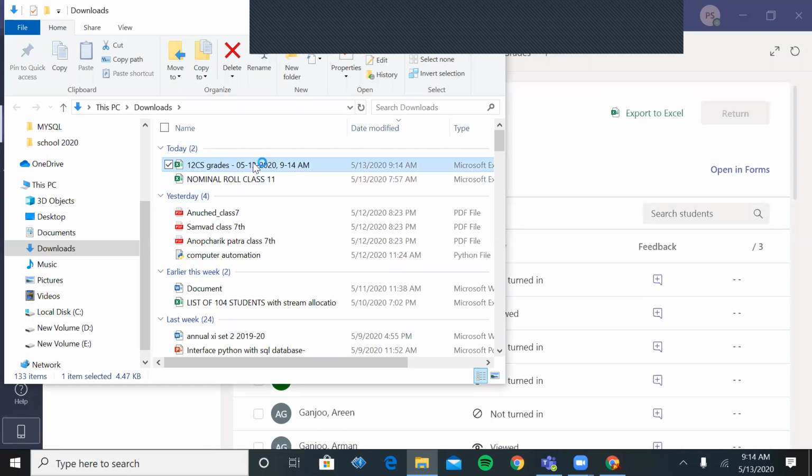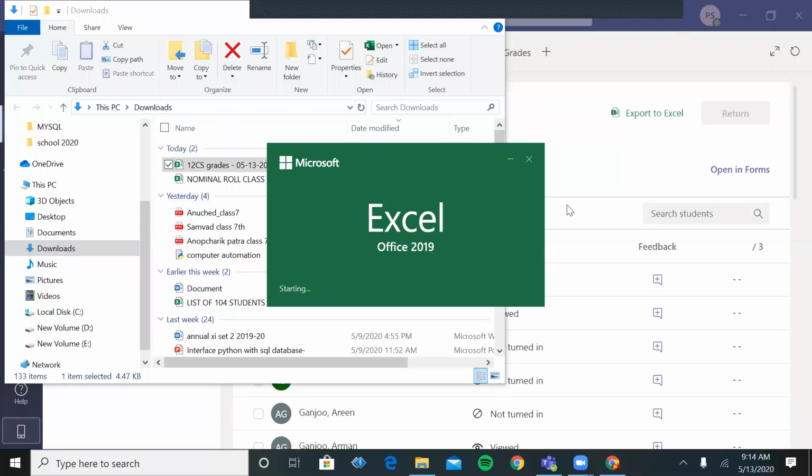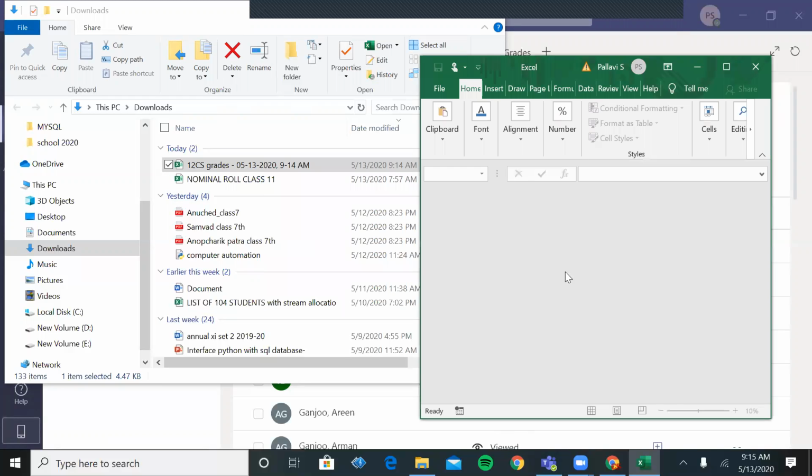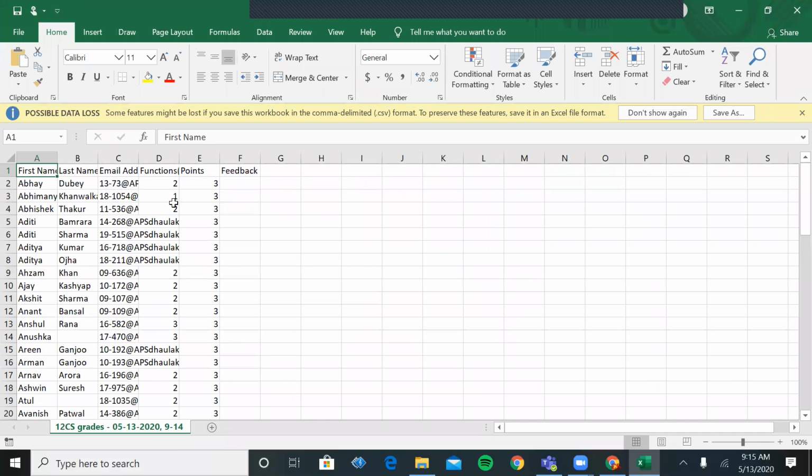Now you can see the result of each and every student, how they have attempted, and this Excel file you can show to others also. One more thing, if you don't know how to save it, it will automatically open and you will see how it shows on your screen. Now you can see how many students have attempted what type of question, what are the points related to each question, how many students have attempted. In this way you can get your result.